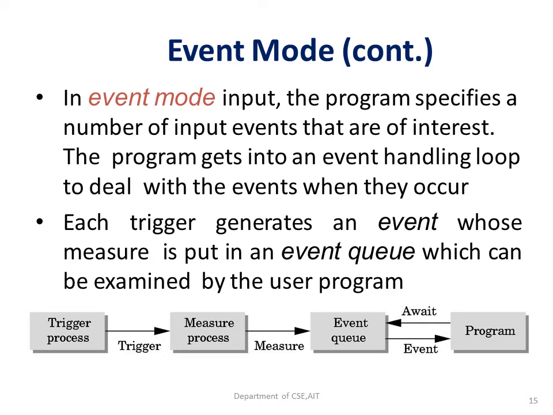One way it can be run is shown in the figure here. The application program can examine the front of the queue, or if the queue is empty, it can wait for an event to occur. If there is an event in the queue, the program can look at the first event's type and then decide what to do. For example, if the first event is from the keyboard, but the application program is not interested in keyboard input, the event can be discarded and the next event in the queue can be examined. Another approach is associating a function called a callback with a specific type of event, which we are going to learn later.